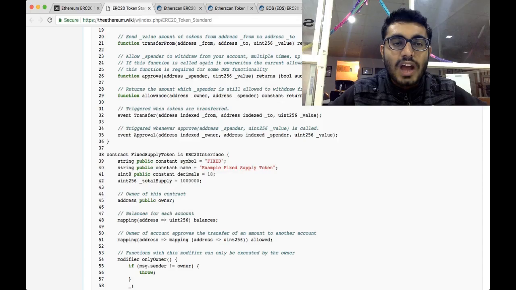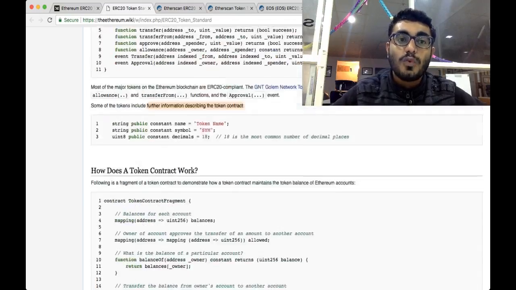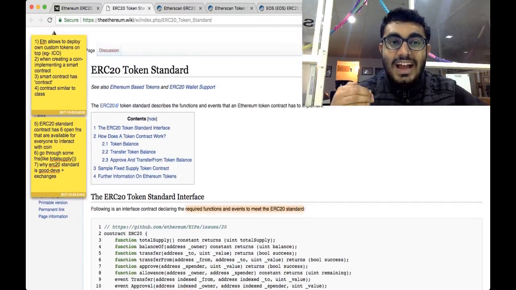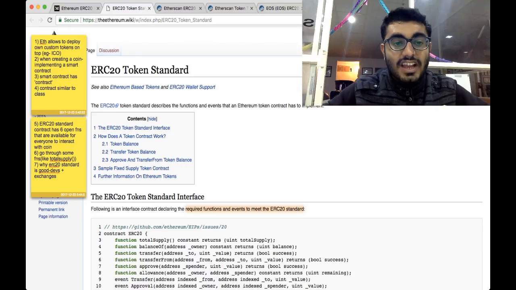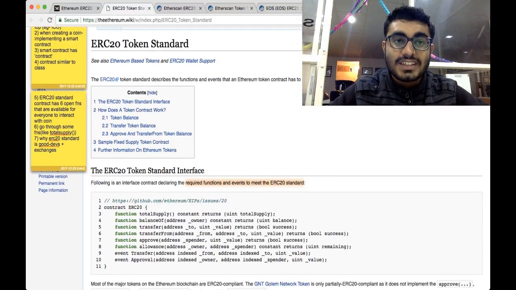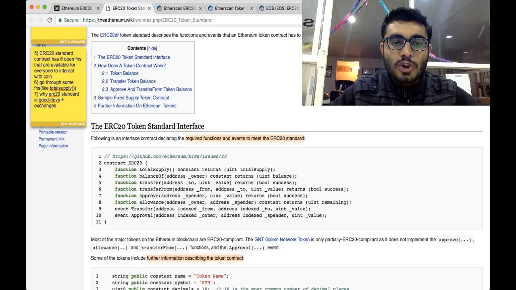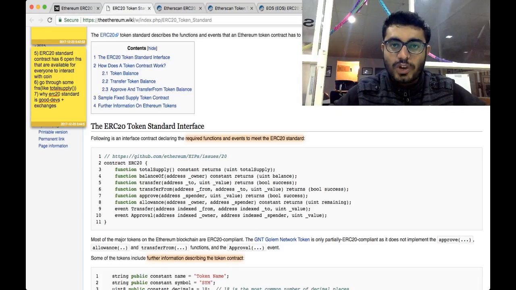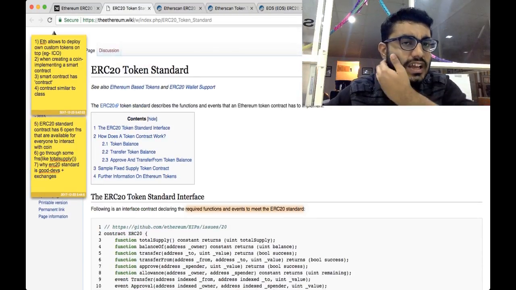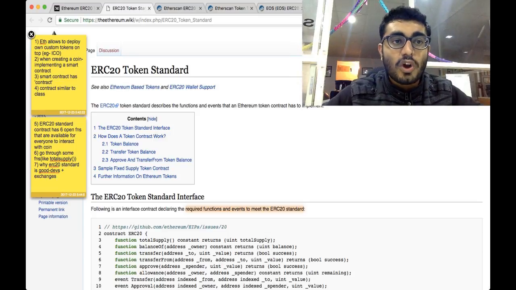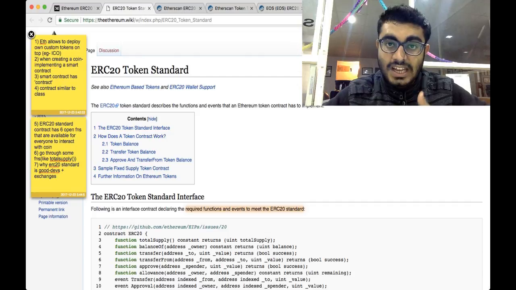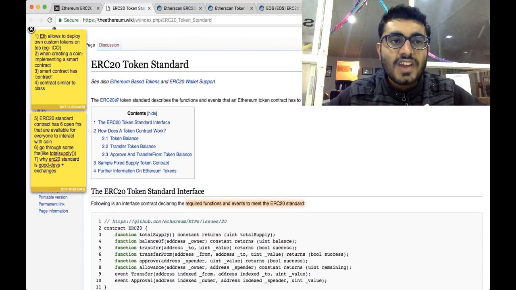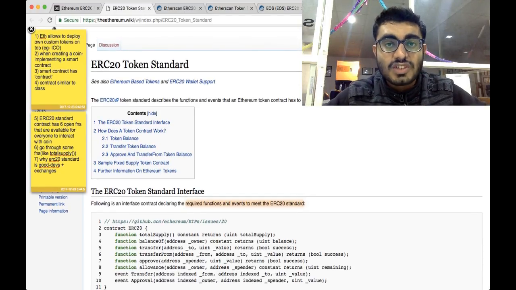Now I'll go into the depth of what actually constitutes an ERC20 token standard. I'll show this link of the Ethereum wiki page and what are the components, core functions and data structures that constitute an ERC20 token. What Ethereum allows is to deploy our own custom tokens on top of the Ethereum blockchain, like what happens during an ICO. When we are creating our own coin, we are actually just implementing